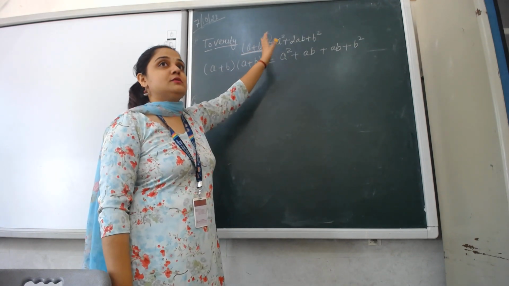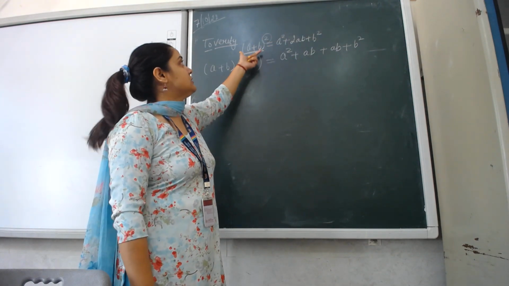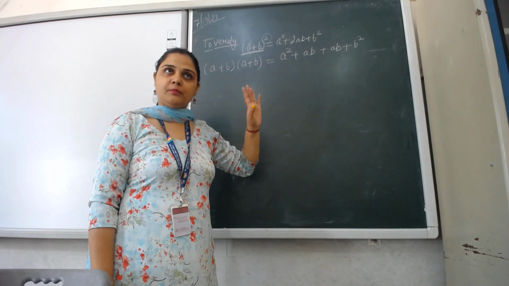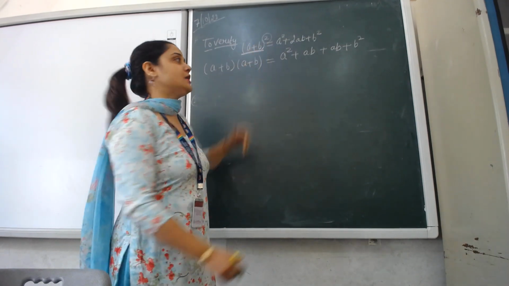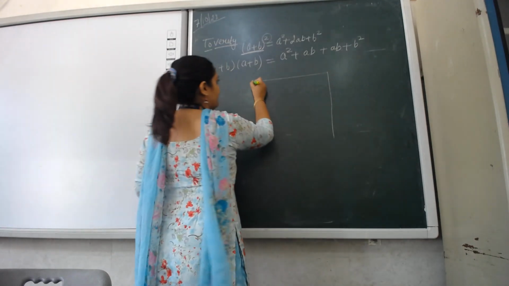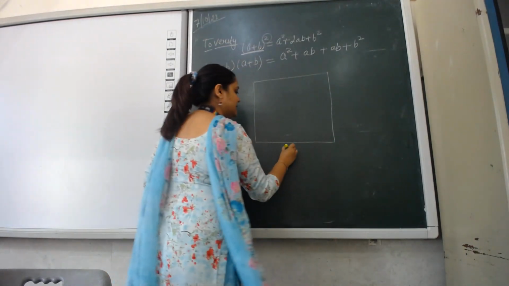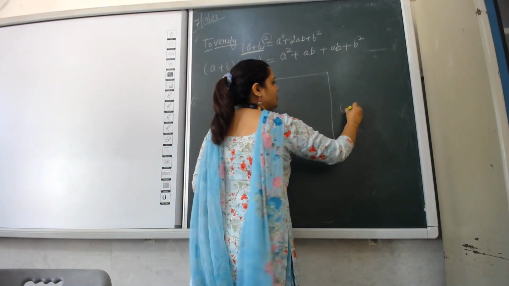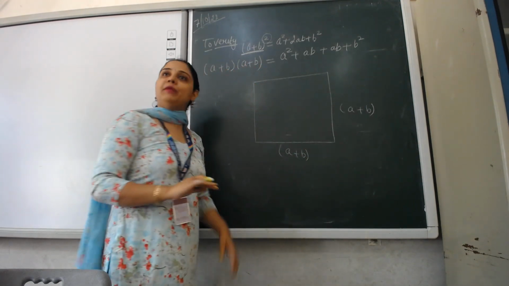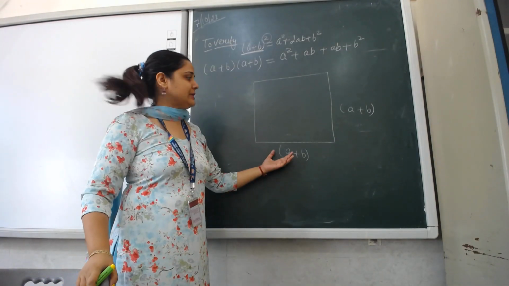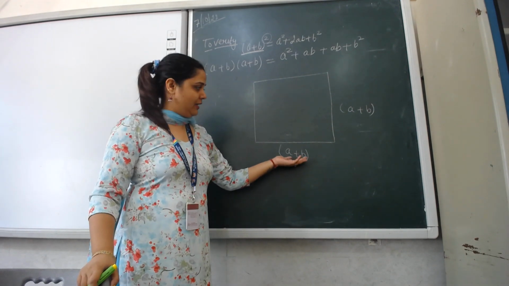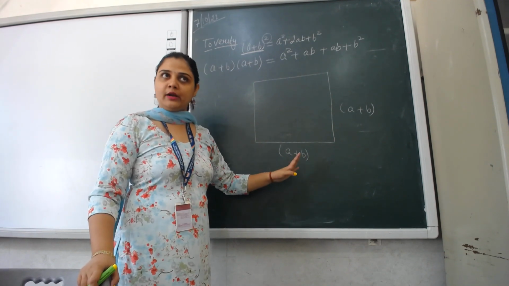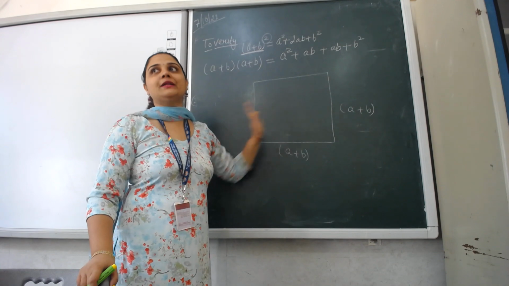So otherwise, algebraically नहीं, geometrically, if I say square of something, what is the first thing that comes to your mind? A square paper. Alright. So (a + b)² is also representing a square whose side is a + b. Right? Clear है ये सबको? (a + b)² means a square with side a + b. Alright? Like a side with length 15. So 15 can be divided as 10 plus 5, or maybe 11 plus 4, or maybe any other two numbers. Alright? ठीक है? This is the basic square that we are going to use.